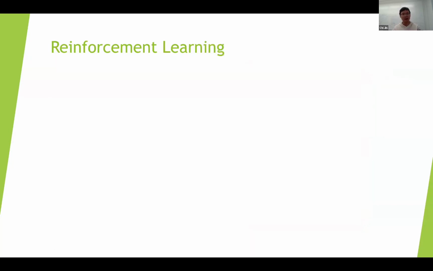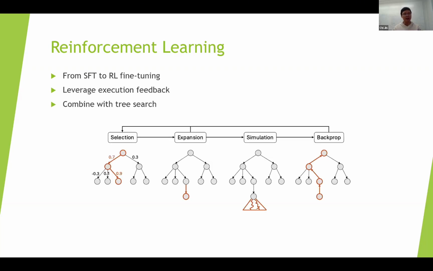And finally, I also want to leverage more reinforcement learning. I think it's a very good opportunity to put reinforcement learning into our systems. The very first thing we can try is, in addition to just supervised fine tuning, we can also do some RL fine tuning like RLHF or PPO, DPO, those kinds of algorithms. And we also talked about leveraging execution feedback. Execution feedback is some sort of reward which we can leverage using reinforcement learning. And finally, something we can definitely try is also combining this with tree search methods.